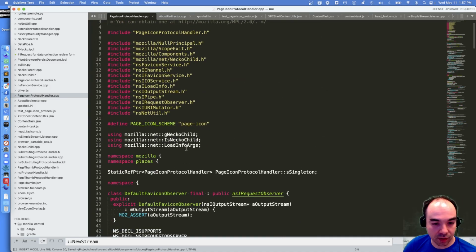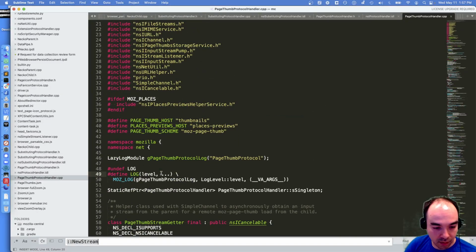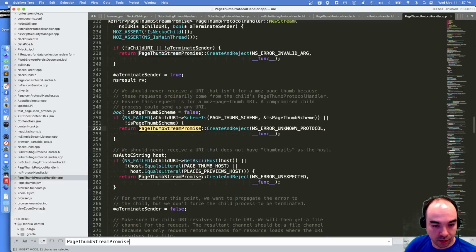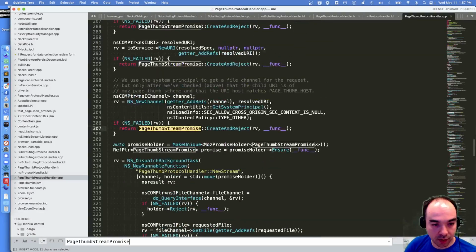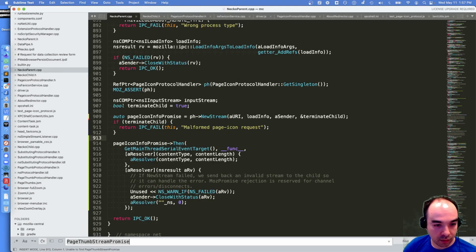There's up here, it's like using page thumb protocol handler, using page thumb stream promise. Somewhere we're using. It may have been in Necko parent. Page thumb stream promise.